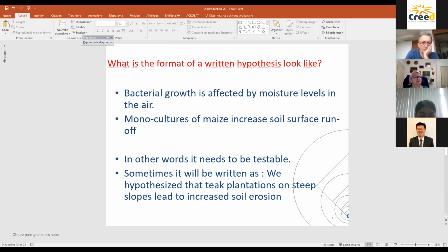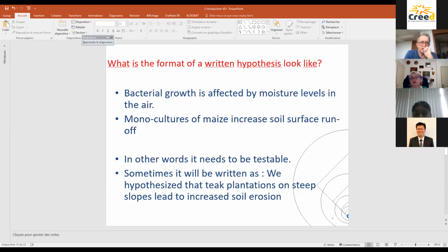And sometimes the statement will be written as, we hypothesize that teak plantations on steep slopes lead to increased soil erosion. So we know that these guys are testing, is the presence of teak a factor in soil erosion? So you can see, you could have, I don't know,